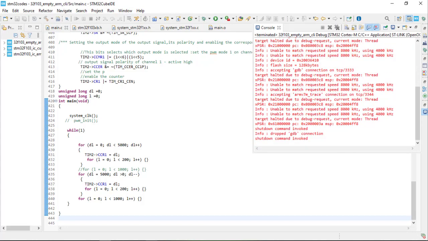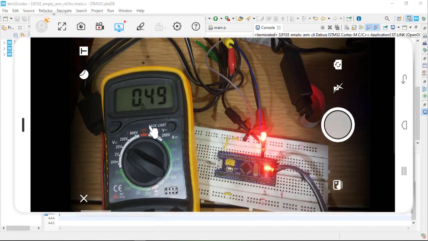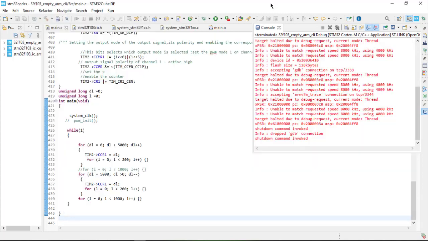Now it has been flashed, and you can see that our LED is decreasing and increasing in brightness, and the voltage is also increasing and decreasing. Why is it not going to the value of 2 volts? Because here in the loop I have used 5000.